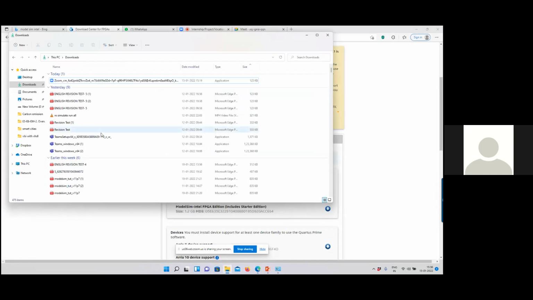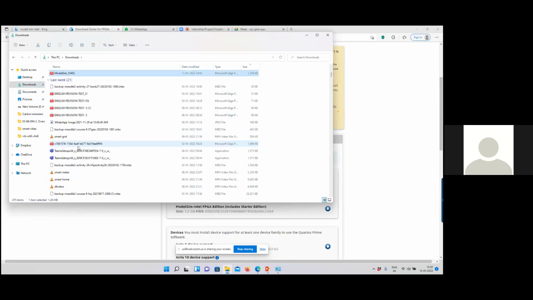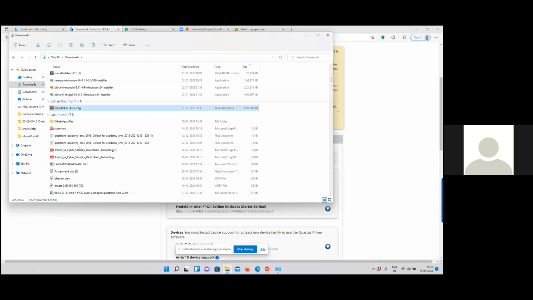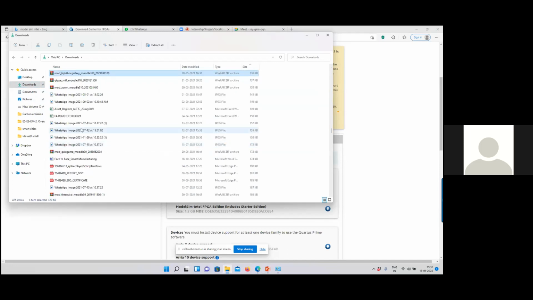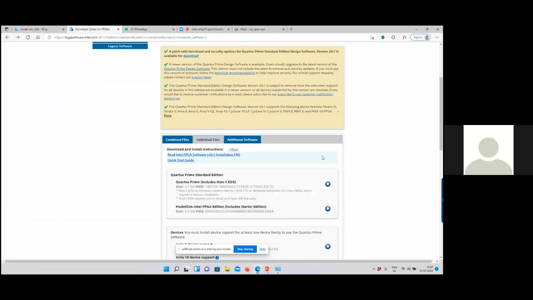Normally, if you are working on the Windows platform, it is downloaded into your Downloads folder, right? Once you download it, you may simply install it. At present, I will skip the installation process.